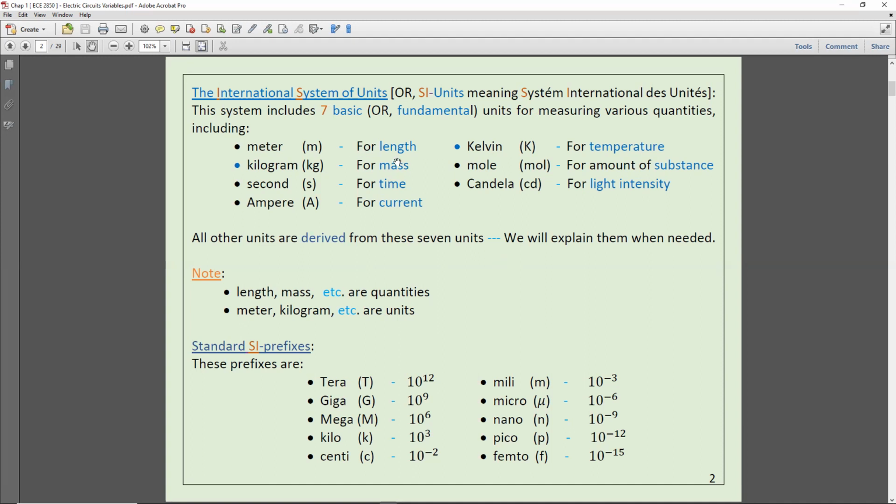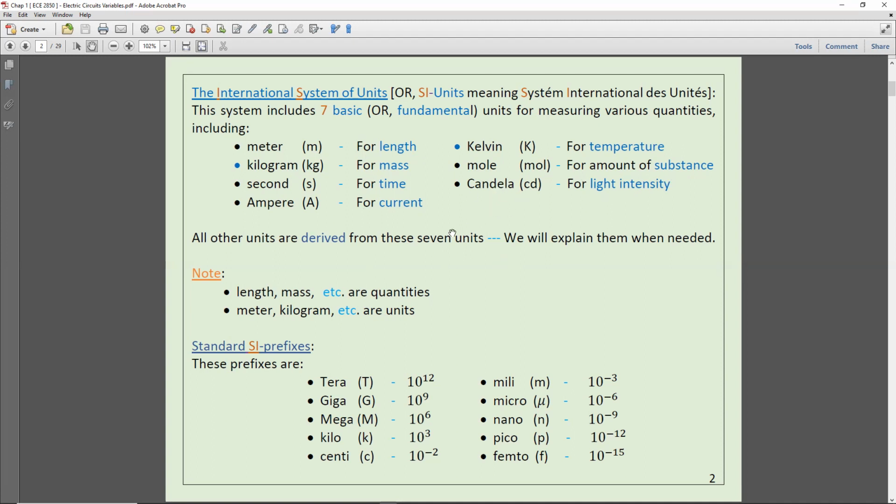So for length we use meter. For mass we use kilogram. For time we use second. For electrical current, we use ampere. For temperature we use Kelvin. For amount of substance we use mole. And for light we use